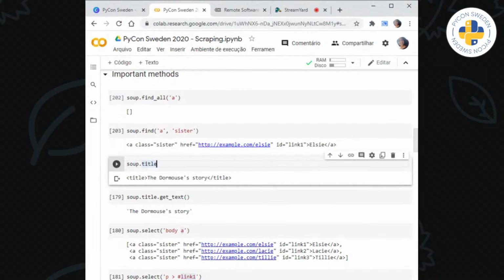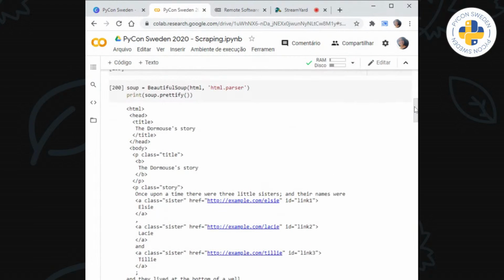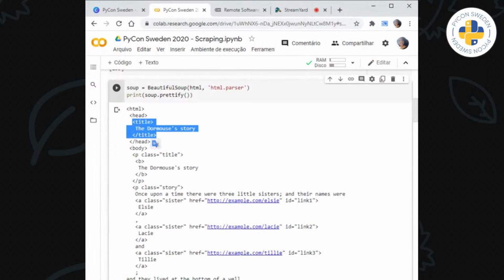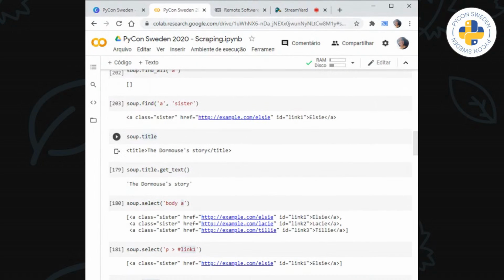You could also look for the tag itself. In here, what I'm looking for is a title. So soup is the whole file, and it's going to look for the first title, and the first title is this one, and that's why it returns the title.